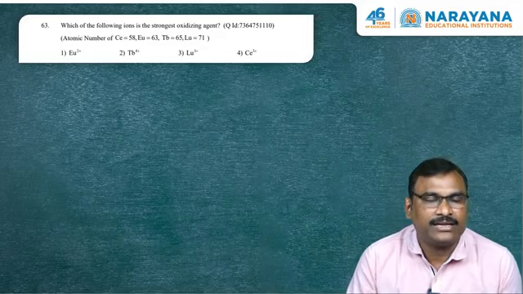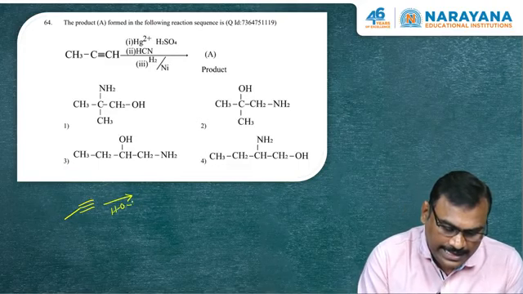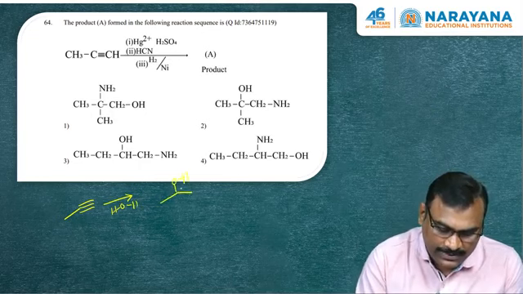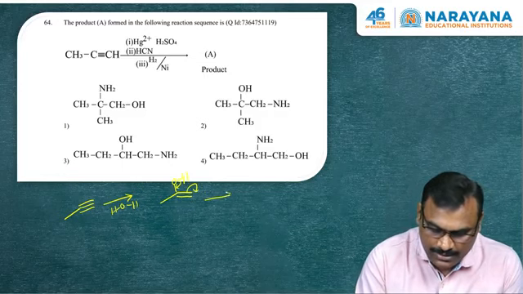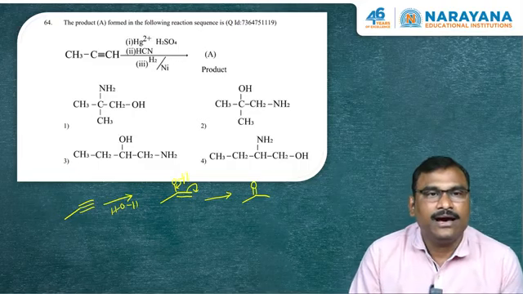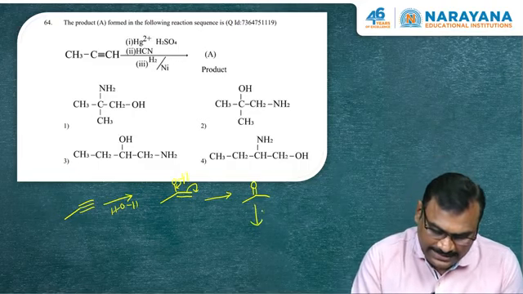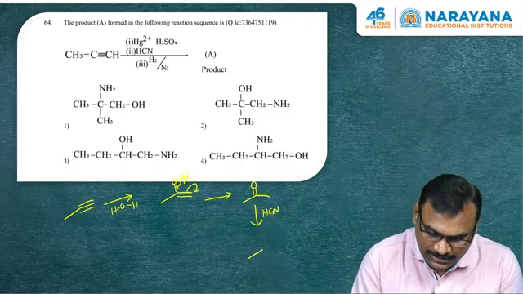The product A formed in the following reaction sequence is, here the given is propyne. Upon addition of Hg2+ and H2SO4, that means addition of water, which again follows Markovnikov rule. So OH adds at the more substituted carbon. After that it tautomerizes and produces acetone. After that, addition of HCN